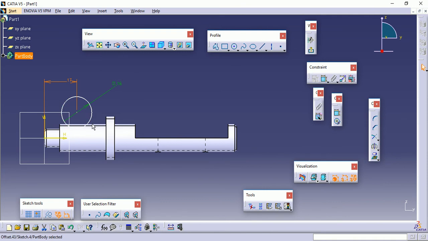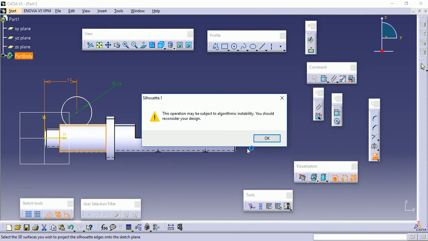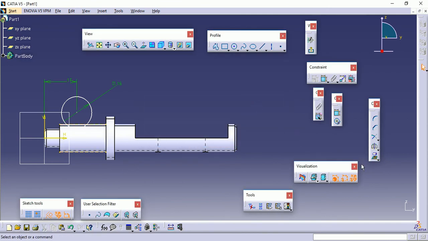So the depth is given from this edge. Again we have to create projection lines here so that we can get a reference edge for placing the dimensions.